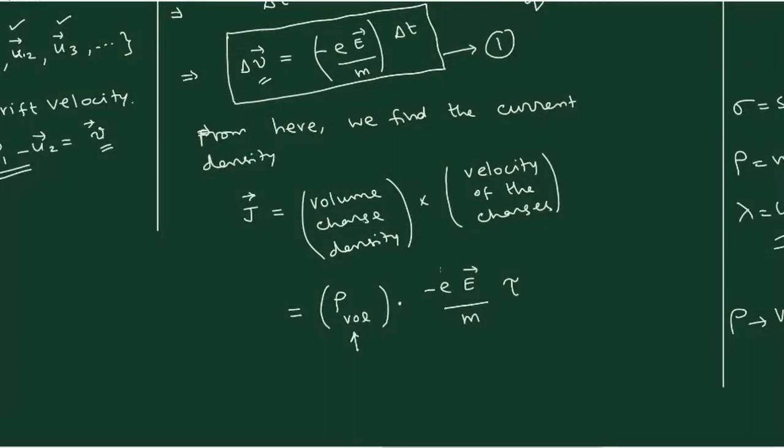Sir, is the relaxation time the same in all cases, in all velocities? It is an average. No. You see, there are too many numbers, 10 to the power 28 of them. You cannot say that all of them are equal. That is not at all possible. This particular tau that we are talking about is the mean. That is why the word mean is very important: mean relaxation time.